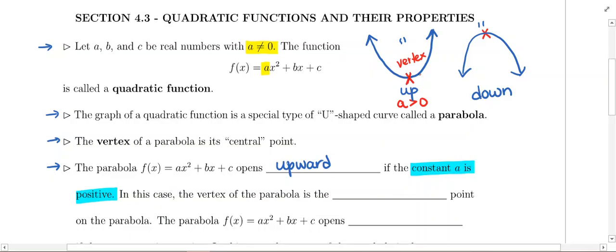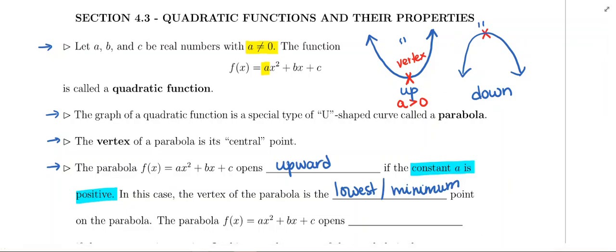It's marked with the X. If you have an upward opening parabola, the vertex is going to be the lowest or the minimum point on the parabola. So just to summarize, if the number in front of x squared, the a value, is positive, you're going to have a parabola that opens upward. If you have an upward opening parabola, the vertex is going to be the lowest or the minimum